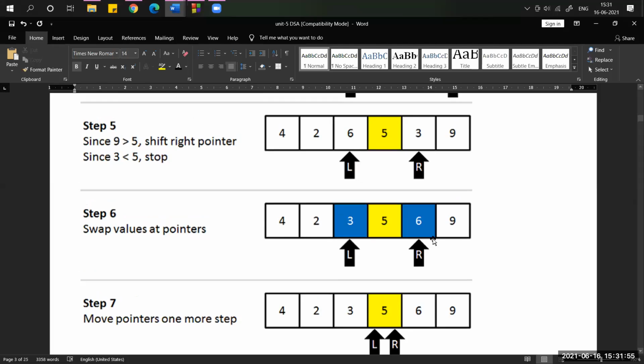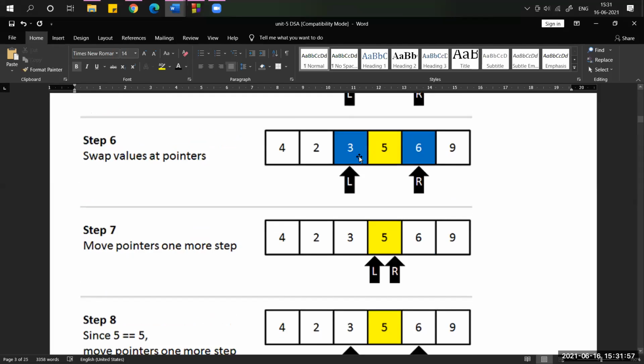Like this it will be swapped. After swapping, what should we do? Again we have to move the left pointer and the right pointer, until those two pointers point at our pivot element.